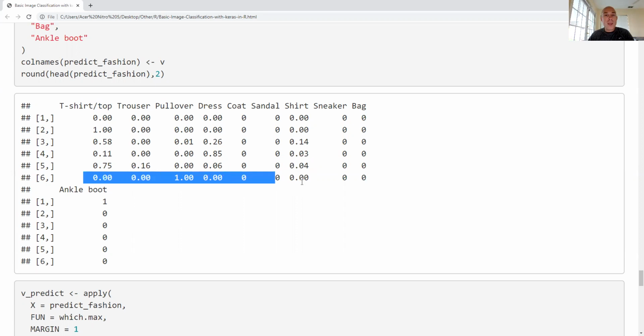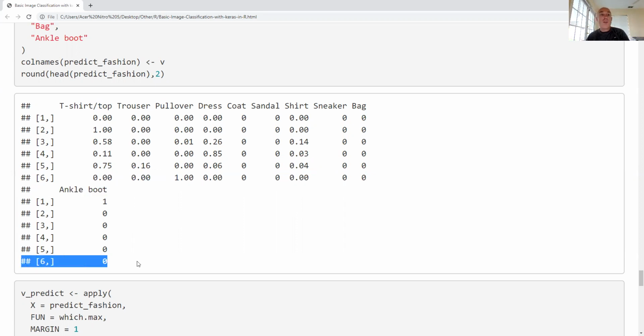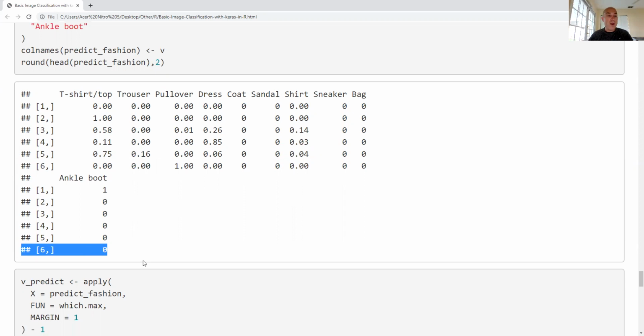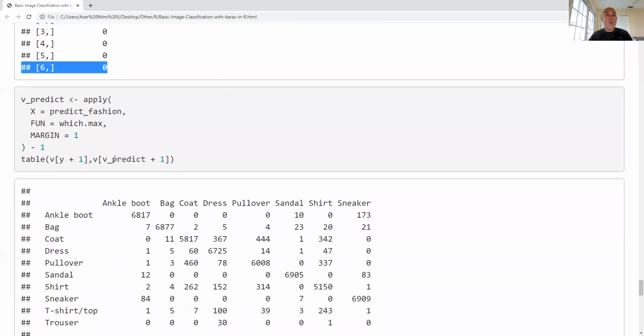And so you'll notice that each row is a probability vector. So this is the modeled probability that an item belongs to a particular class. Okay. And so now what I can do, if I want to get which item the model thinks each image is,